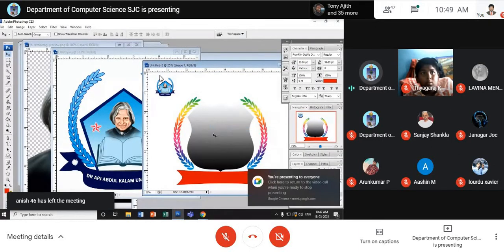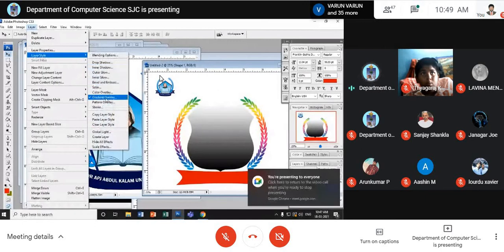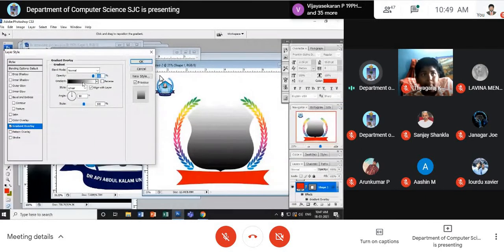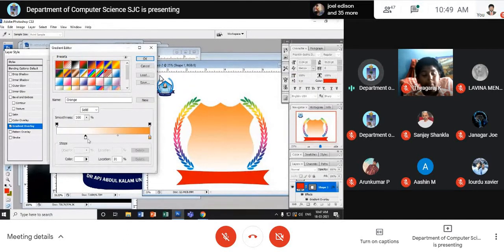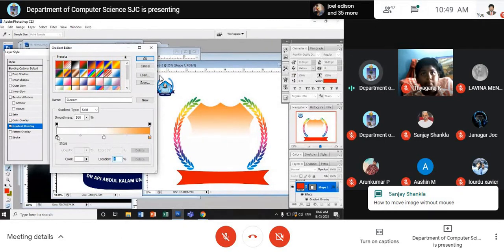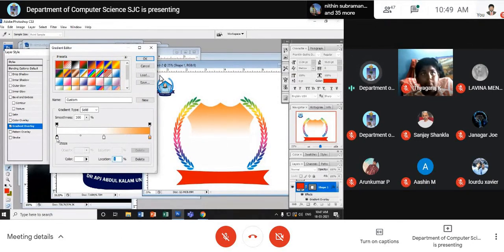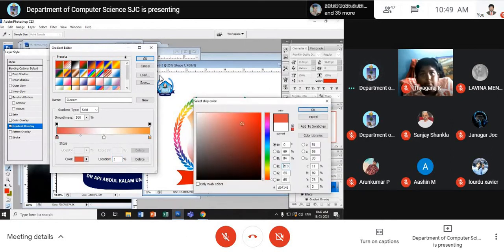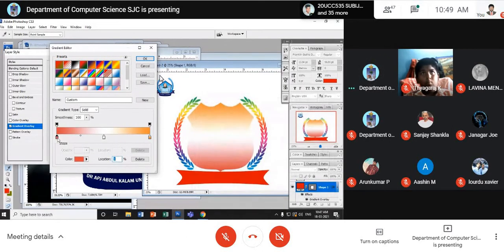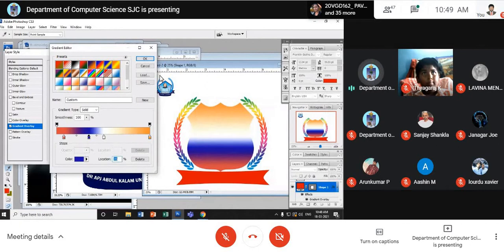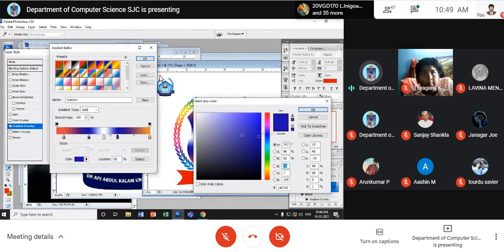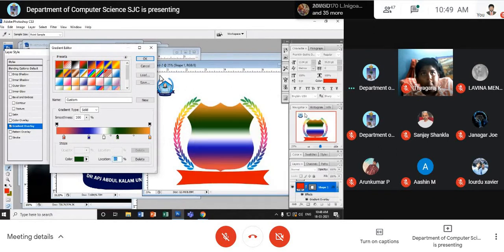See, I have chosen this shape. Go to layer, layer style, gradient. Click over here. And see here, I've got this one. Right now, I've got only 2 colors. If I want to have more colors, click here and I get another color. See here, a small knob comes. Click and change the color. See, I have got now 3 colors. On the top one, middle white color, and in the middle I want to have one more color. I click here and change the color. Maybe blue color. Am I clear? I want to have one more color. I just click here and change the color. Am I clear to you, sir?